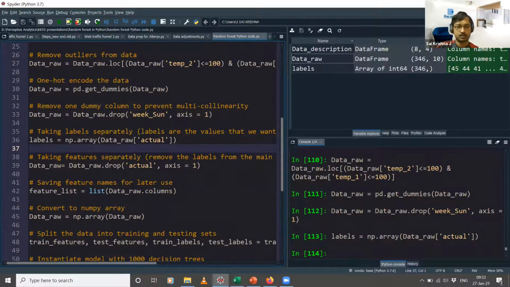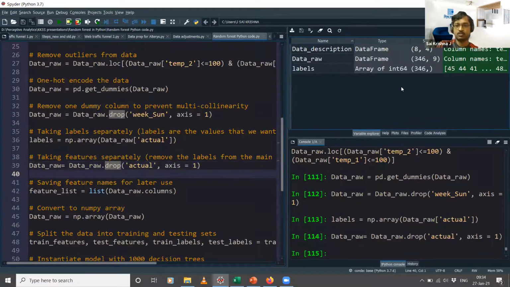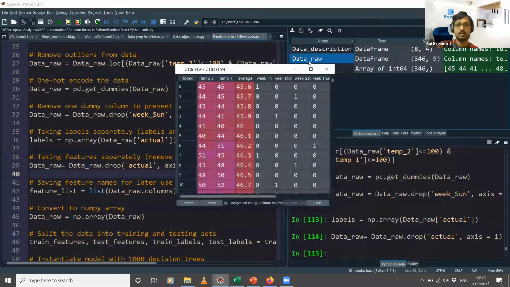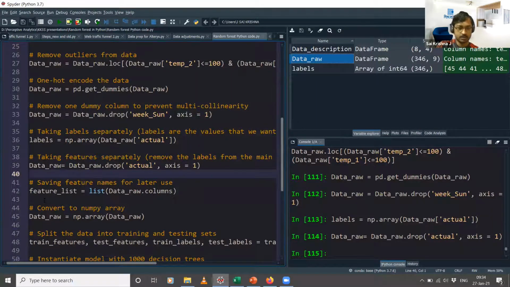So I will just say drop the column called actual. If you see here, this now has 10 columns. When I drop the actual column, the column count here becomes 9. So this will no longer have the target variable column. It will have only the predictor variables.